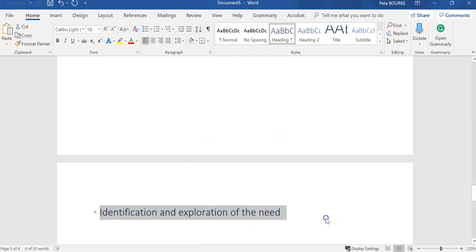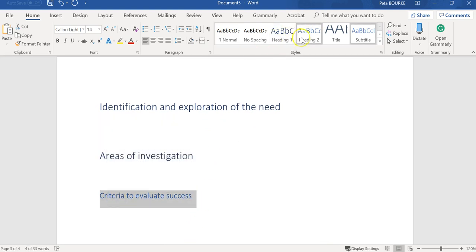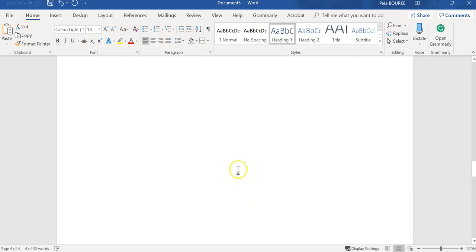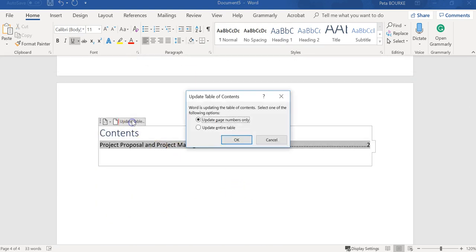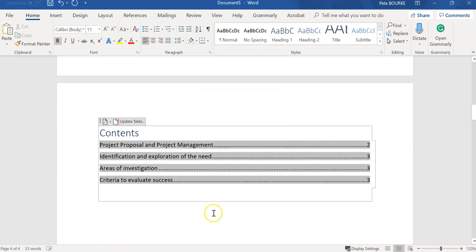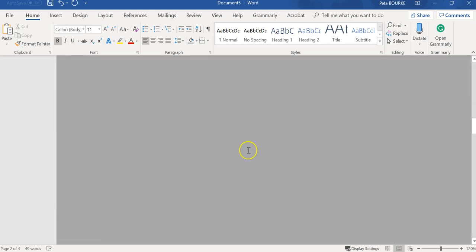So heading, heading, and then headings, make them headings. Update entire table. So that's now going to generate our table,